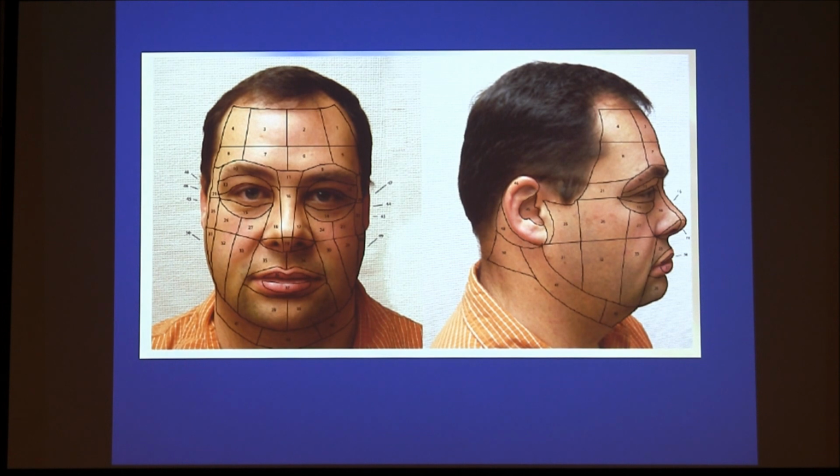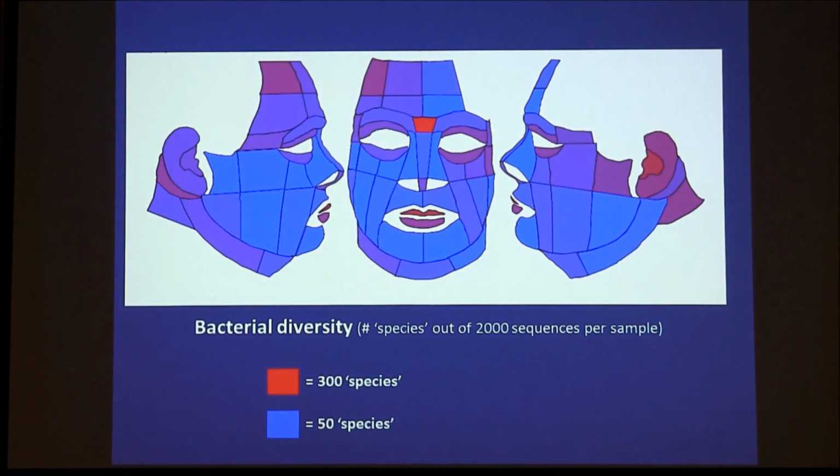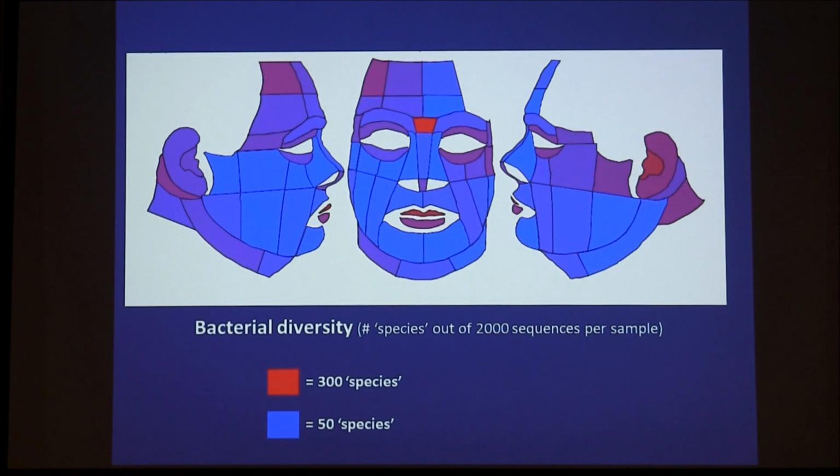But, we can do these sorts of things. And this was not done for scientific purposes, just to see, can we actually pull this off? And this is bacterial diversity on his face. So red means high diversity, blue means low diversity. And first off, I want to point out that we're dealing with a huge amount of diversity here. So individual spots harbor upwards of 300 species of bacteria on his skin. So we have the Amazon rainforest of the mouth and the bridge of the nose here, and far lower diversity on his